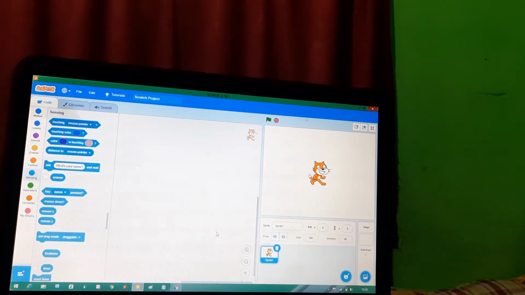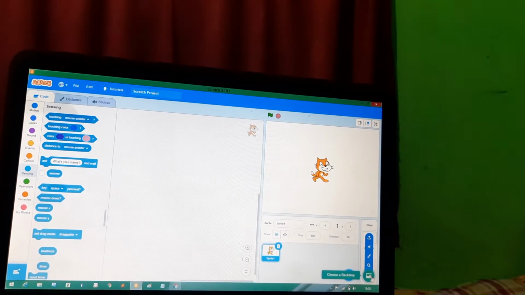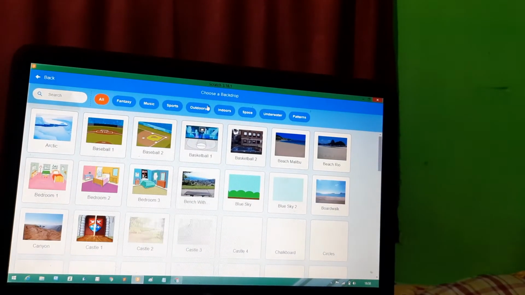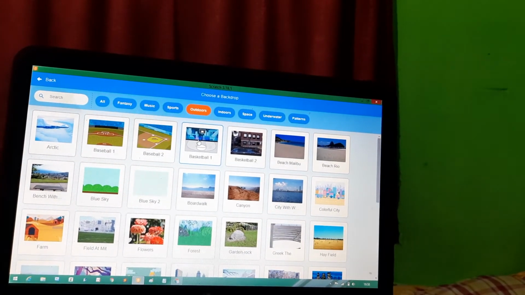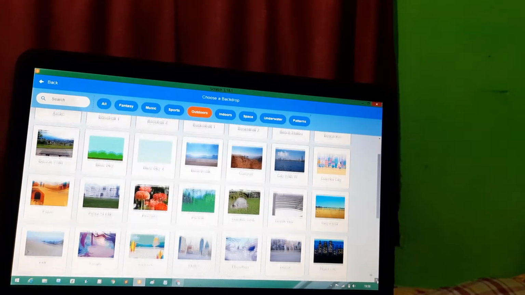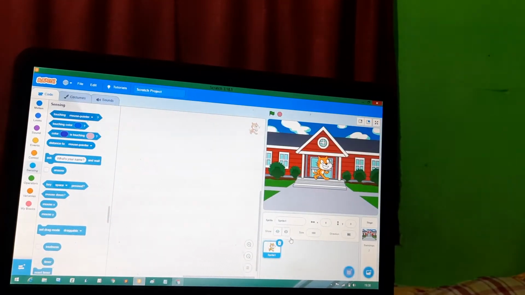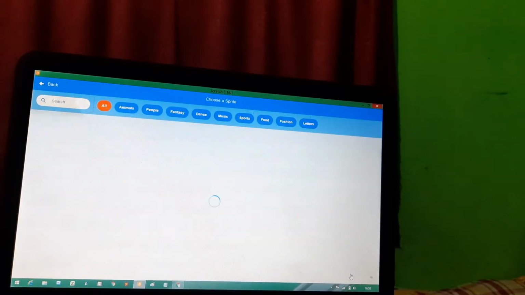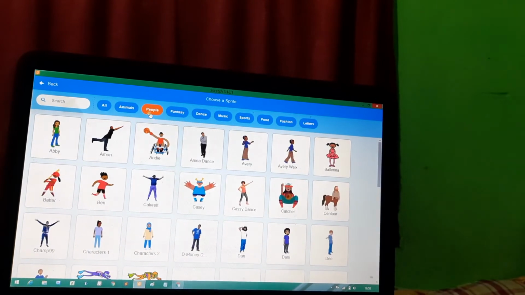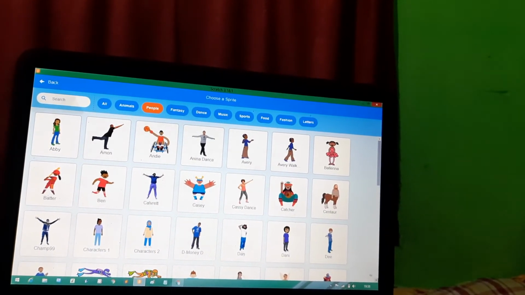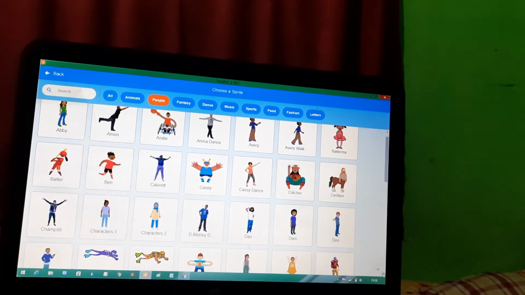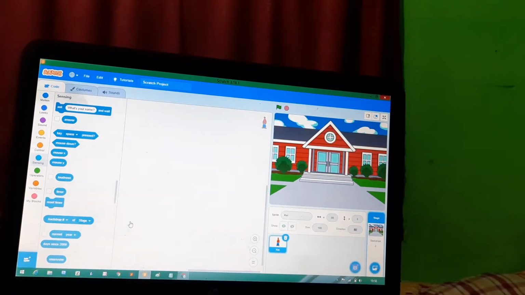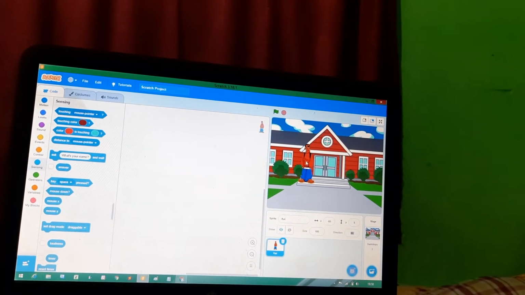So according to the book, you have to change the backdrop or the background of the stage. So choose the backdrop option, click here and use the outdoor option, and check here. Definitely you are going to get that option, school. Okay, school is given, and I don't want this sprite, I want a human. So again choose a new sprite. You will go to people, and in people that option is available. So let us find it. Yes, Kai. Okay, this one. So these two things are already there.